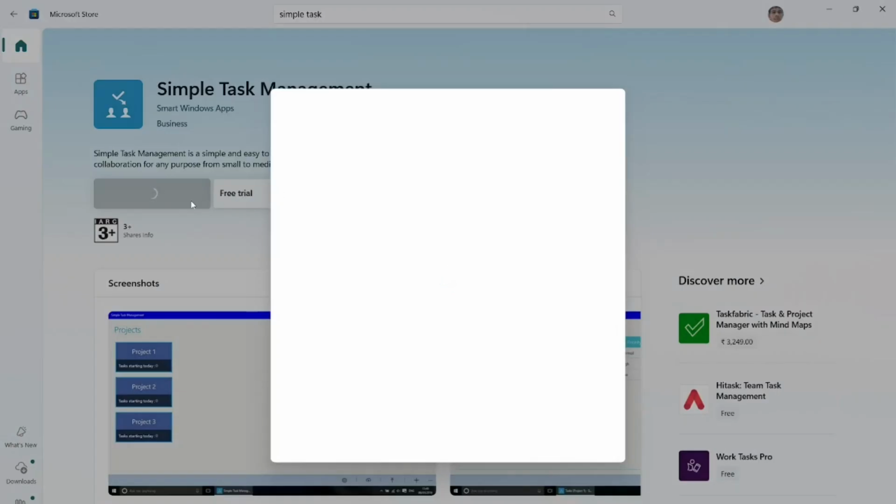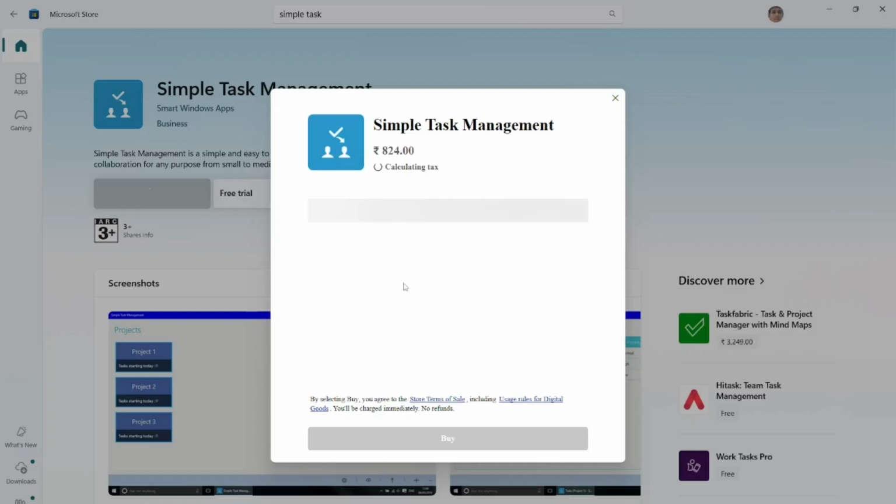If you want to purchase, here you have to click this link. As I click, you have to follow some steps, then you can buy the software. Then you can download it and